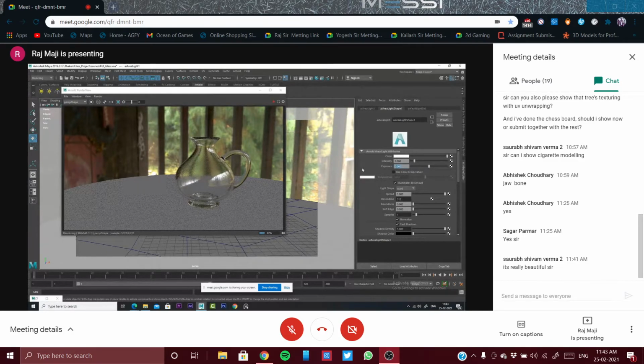But the glass is looking like a glass. Exposure can be. Can you see the refraction is happening? Now this is not opacity, the refraction over here. Okay, and the glass. Sorry, let's change the exposure first. Let's make it 8. Nothing is happening. Let's make it 10.